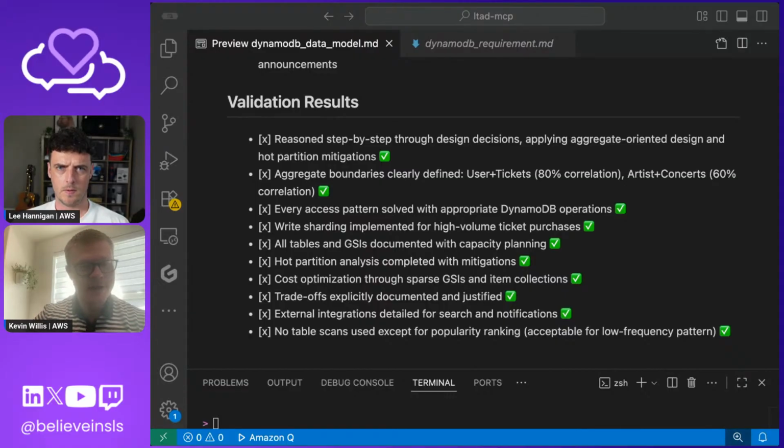Like, trying to create this feedback loop where maybe you could go test out two or three variations of a data model and see which one is going to be best for you. Yeah, I couldn't agree more. So, when we think about data modeling for DynamoDB, it is iterative. Maybe the data model is not perfect the first time because you've thought of this additional access pattern that you need to add, or maybe,